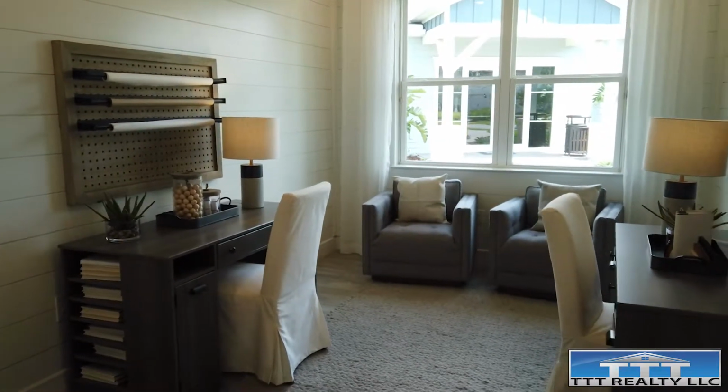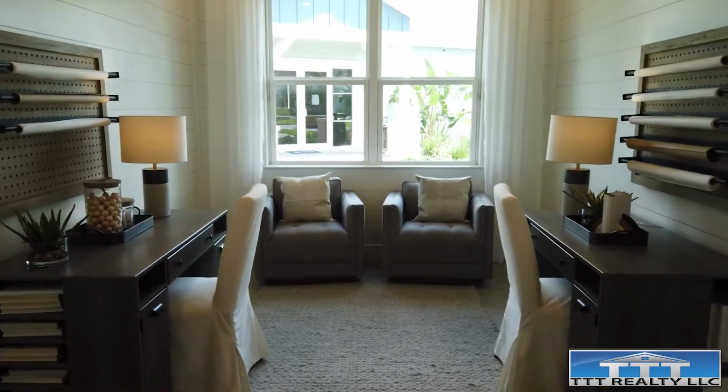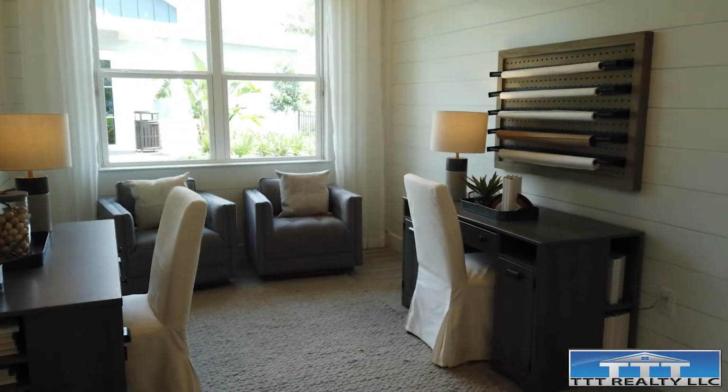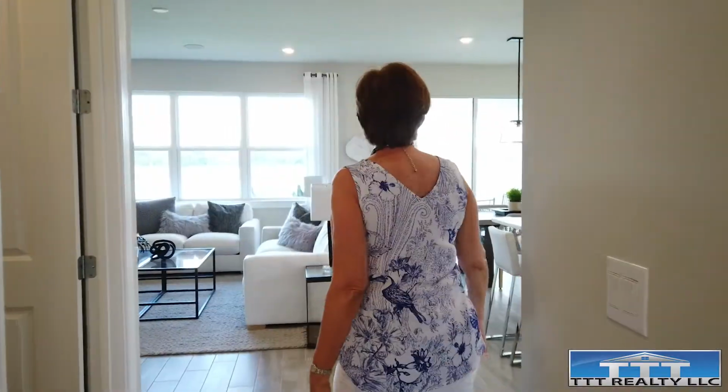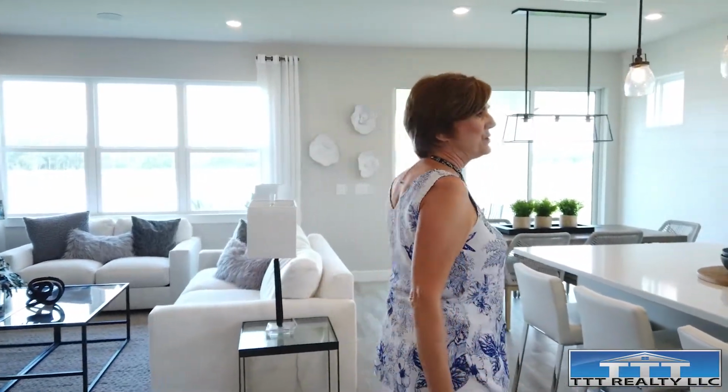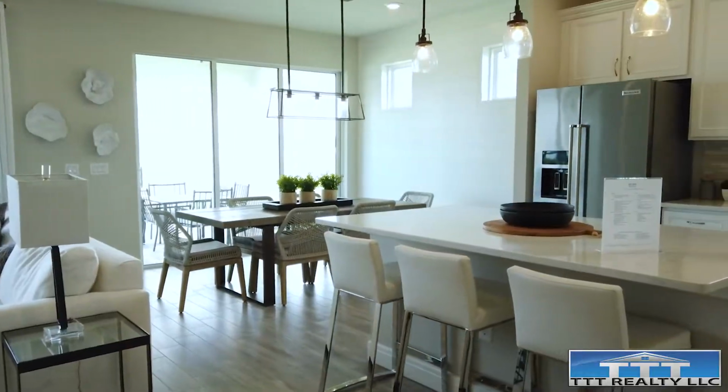And again, we have the flex room space that Webb really is putting into most of these models, no matter how big or small. Again, it can be closed off with doors to make it into a private office, craft room, etc. And then as you walk back through into this lovely, lovely great room area, this kitchen has an